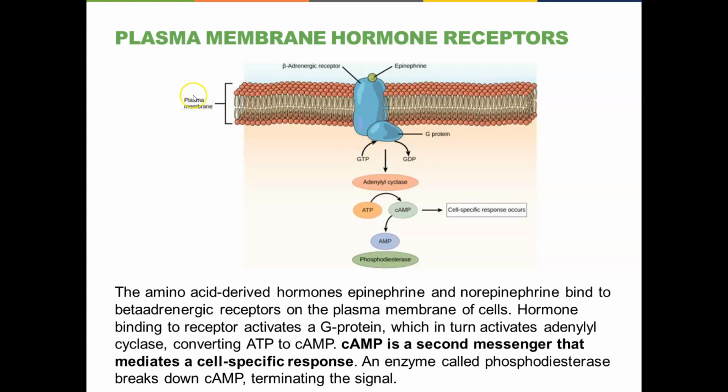Here's an example again of a membrane-bound hormone receptor and a signal transduction pathway right here. Typically on these pathways, one single receptor activates a whole bunch, in this case adenyl cyclase right here, converts a whole lot of ATP to cyclic AMP. It converts a whole lot of this, so then we have a huge amount of cyclic AMP being distributed all through the cell right here.